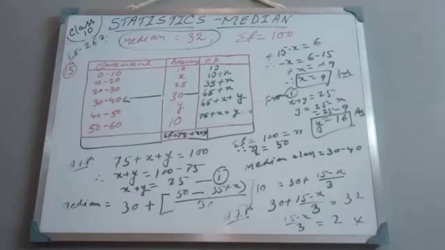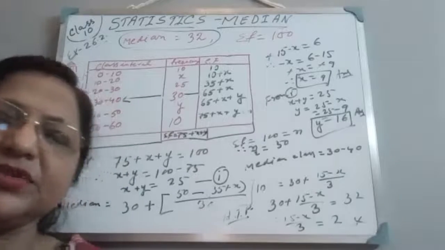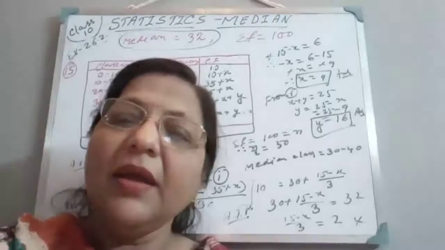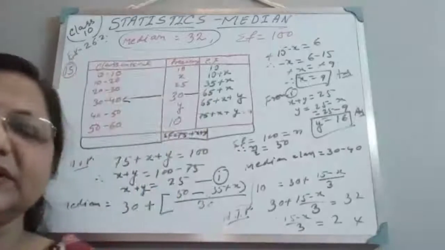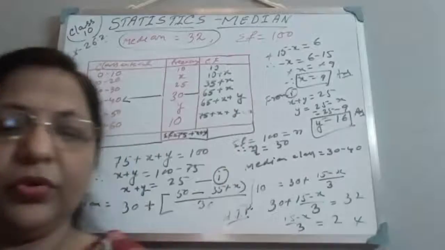Okay, now all sums are done. What will you do now? Do all the sums in your classwork copy and practice. Obviously very few sums are left, maybe 2 or 3 sums left in this chapter, that you will do on your own. I think you can do them on your own.